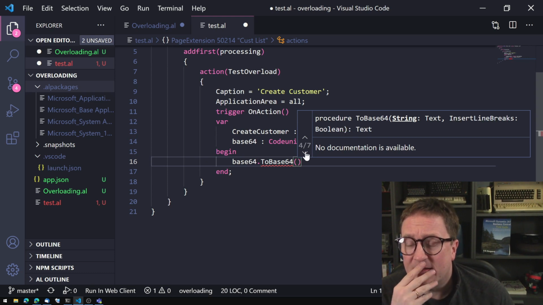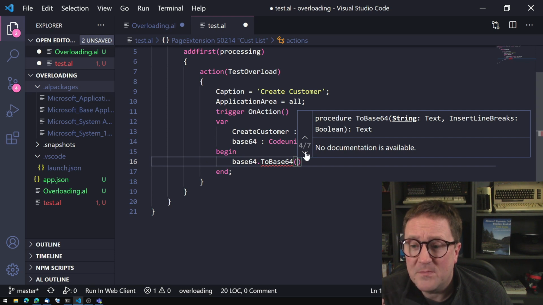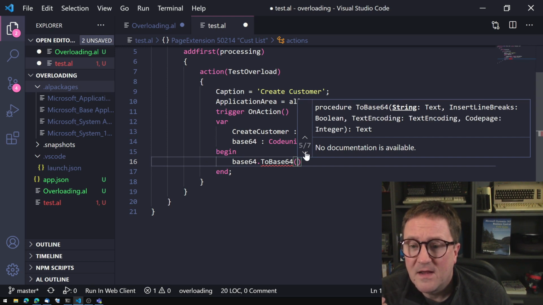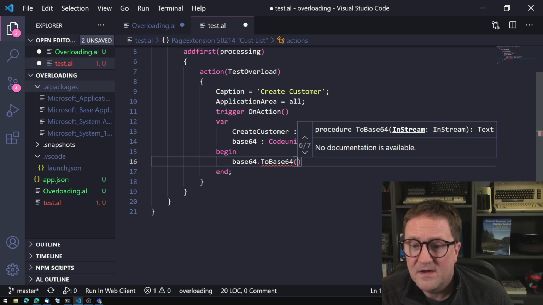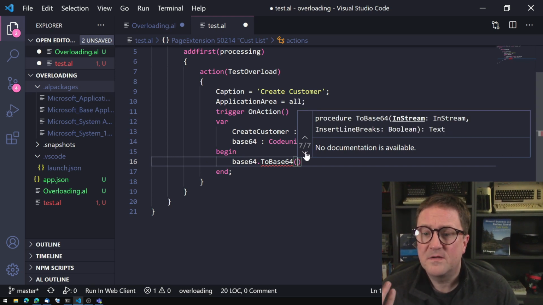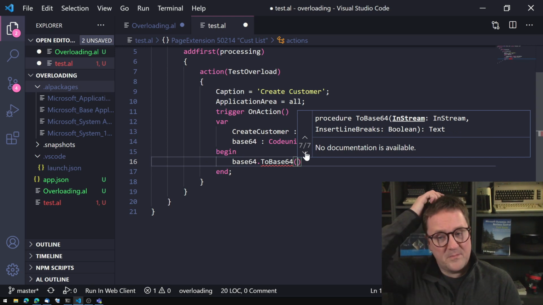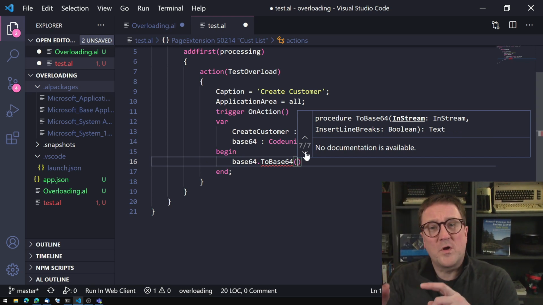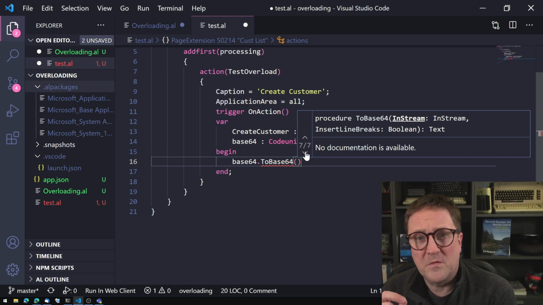There's one that takes a string and then a boolean for whether to insert line breaks. And one that takes a string and insert line breaks and takes text encoding and code page. And one that just takes a stream. And the last one takes a stream and insert line breaks. The stream version would already have encoding done before you need it, so there won't be a function with encoding